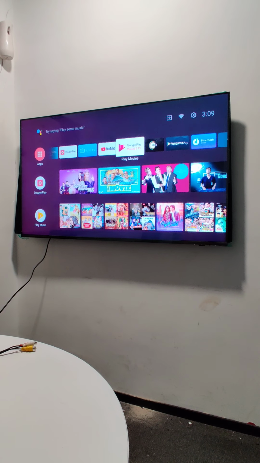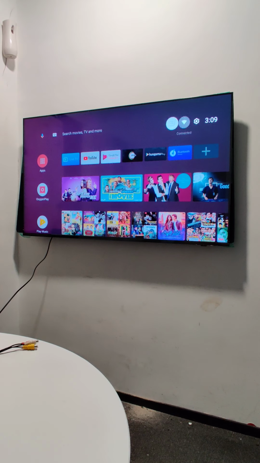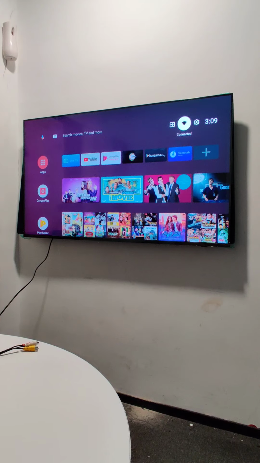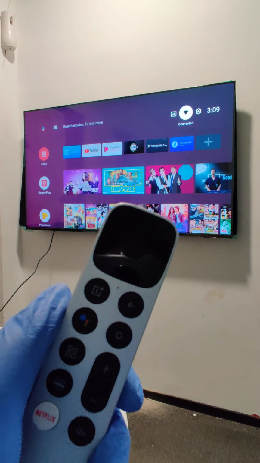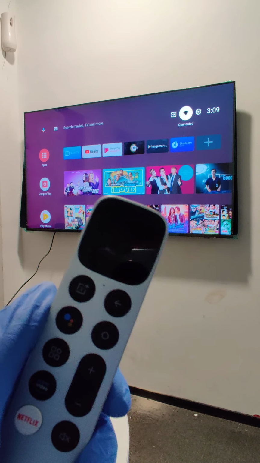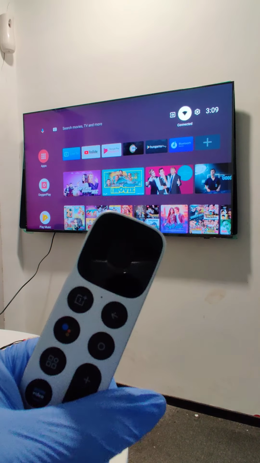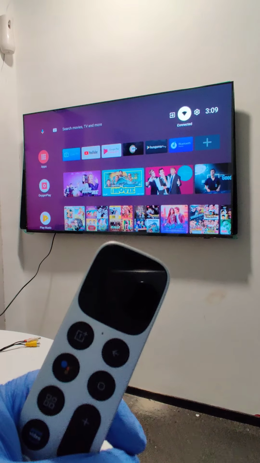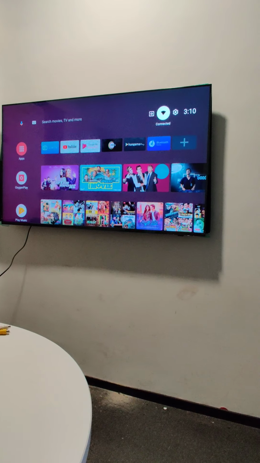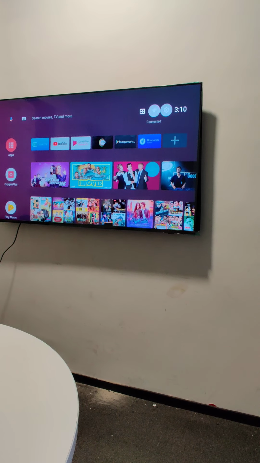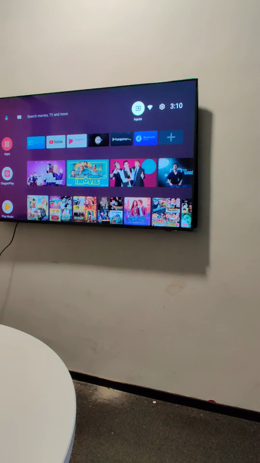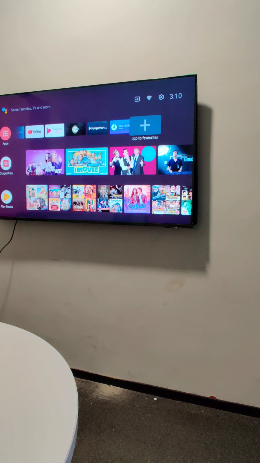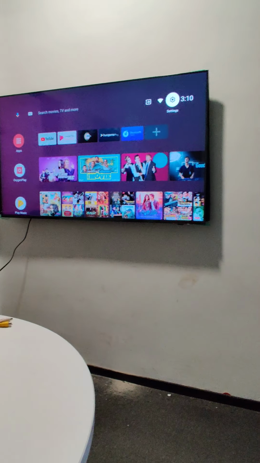First of all, quickly go to settings. By the way, I'm using my remote, and I hope in my other video you're completely aware of how to use the remote and what features we have with this particular remote for this 55-inch TV. Please check how we can create a kids mode, how to turn it on, and how to exit from the kids mode. So first of all, you need to go to the settings option.